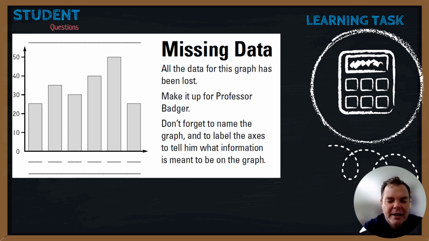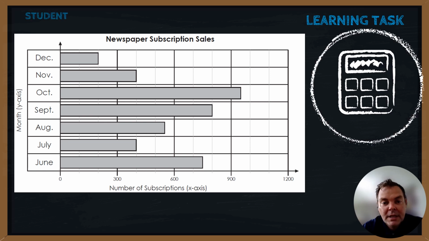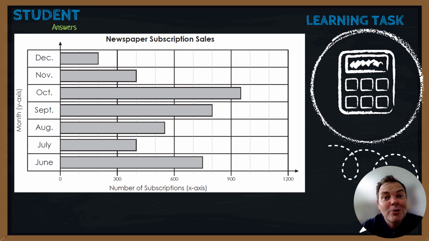It's just a simple bar graph. And here we got a horizontal bar graph now. We're going this way. And this says newspaper sales or subscription sales, and we're seeing some trends there. So we're looking for information. We've got a number of subscriptions here, which is great, and we've got each month. And you can quite clearly see that October is the most popular month for people renewing their subscriptions or getting